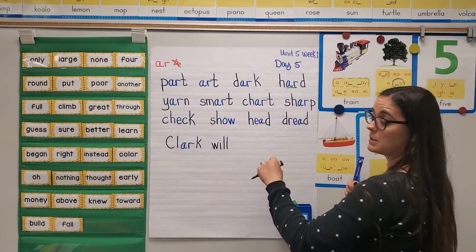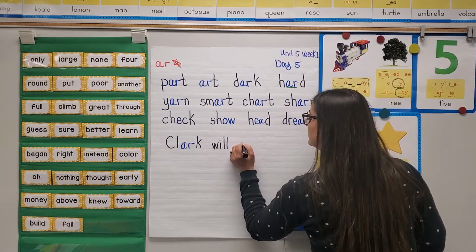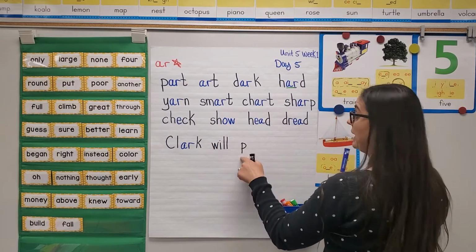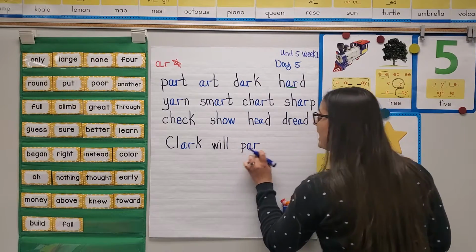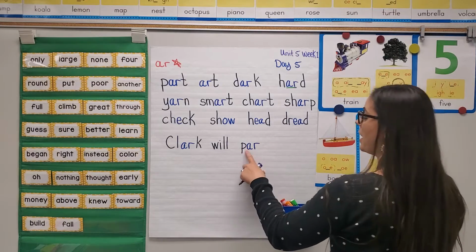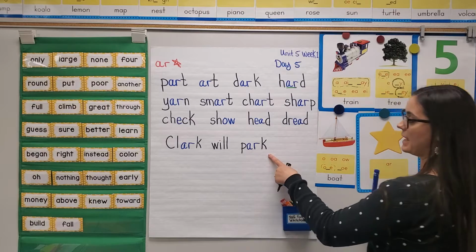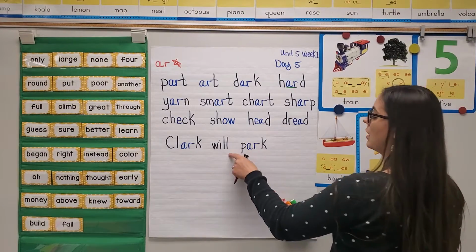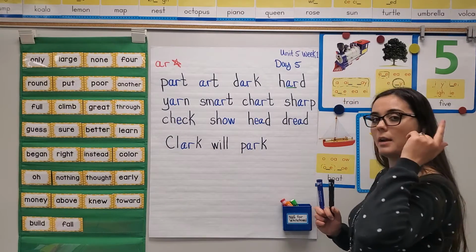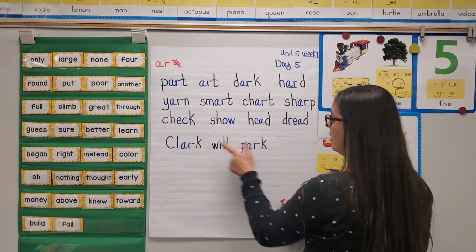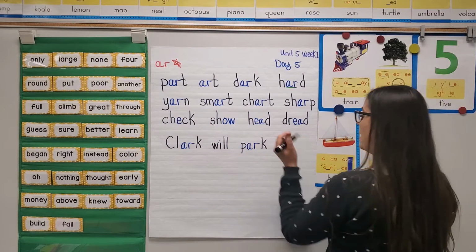Will, so we can sound this one out. Part, or P says pa. AR, star, so pa, R. K says ka, pa, ark, park. And so you may have noticed that park and Clark, they rhyme. They have that same ending sound because they both end with A-R-K. Clark will park